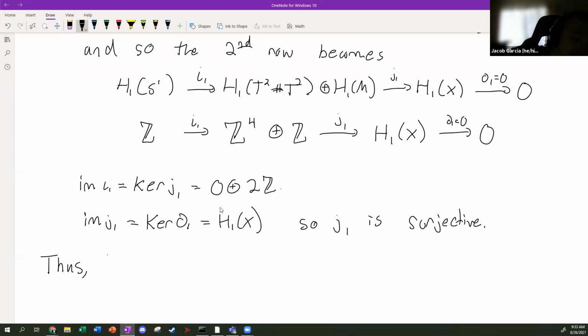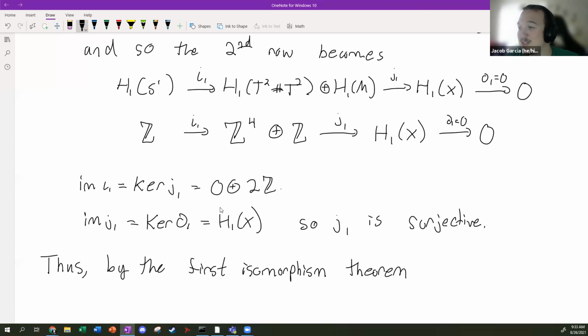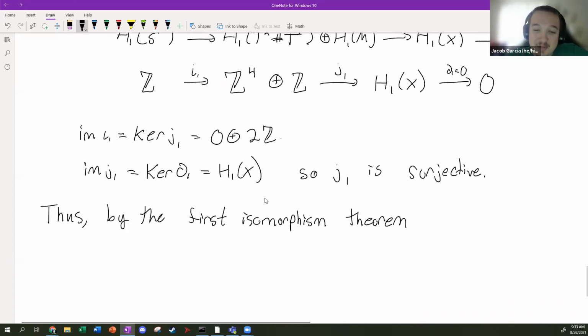Thus, by the first isomorphism theorem. I was so mad when I figured out that this was the first isomorphism theorem. It was like 10:30 p.m. that Monday. And I was like, I can't believe that I have to use group theory. How dare this problem make me use group theory to solve this? Anyway, so thus by the first isomorphism theorem, right,